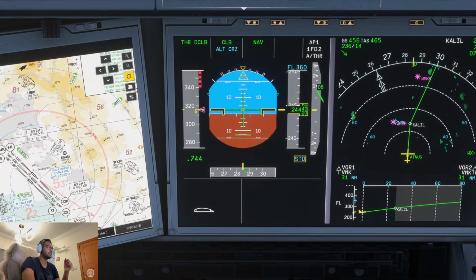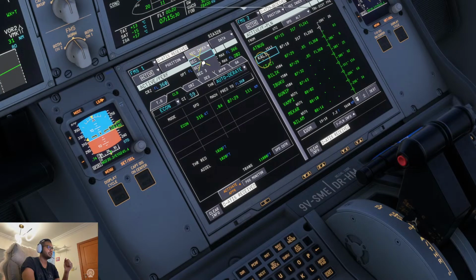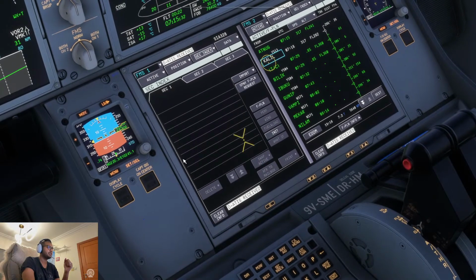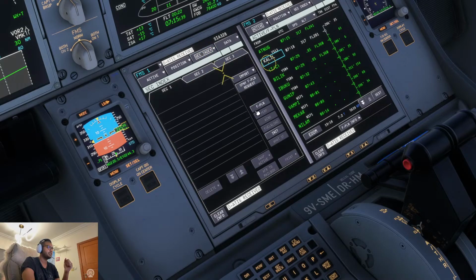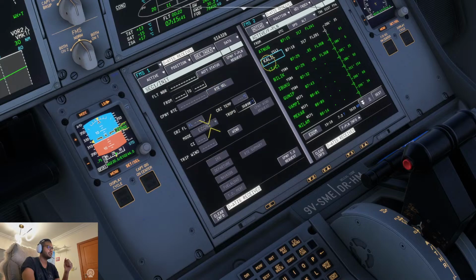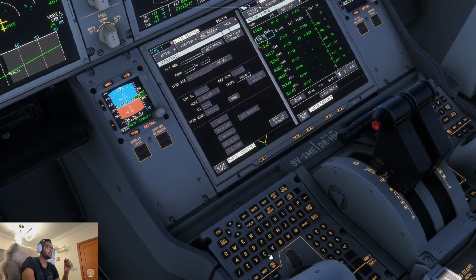south, but let's move over. We're going forward. How are we going to do that? We're going to go to secondary index here, secondary flight plan 1, and we're going to set that up. This is something I do enjoy about the iniBuilds 350, the fact that you can actually have your entire plan set up, ready to go, and just execute when it's time. So Singapore to Kuala Lumpur,